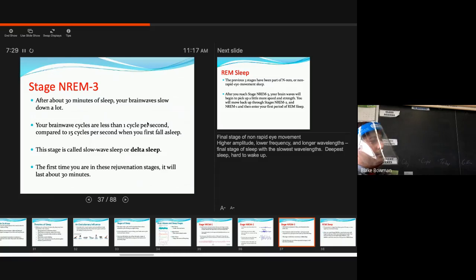And as we age, as we develop, at a younger age, we actually reach the delta stage, stage 3, a little bit more in our time of sleep. As we grow older, through adolescence, we might not hit it near as much, and even more so when we grow to adulthood and to older age. When we're getting to our elder age, we won't see it as much. Stage 3, again, is our deepest sleep,